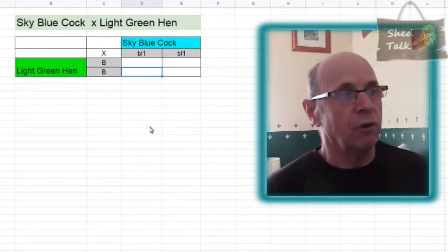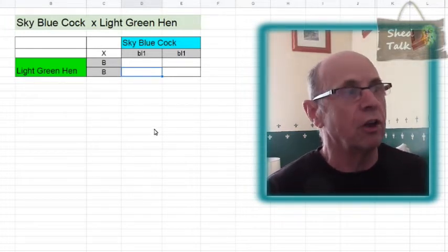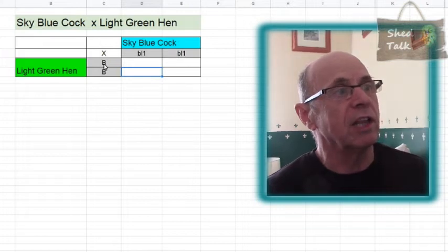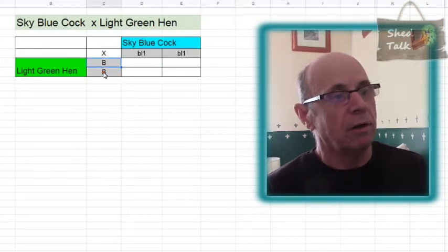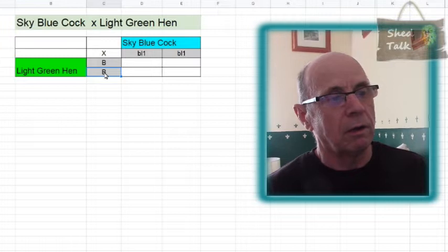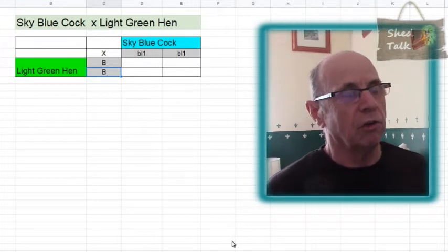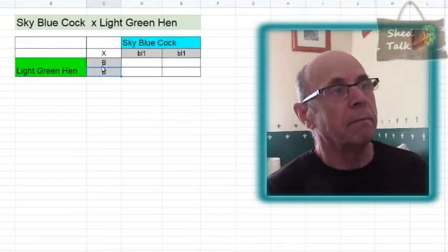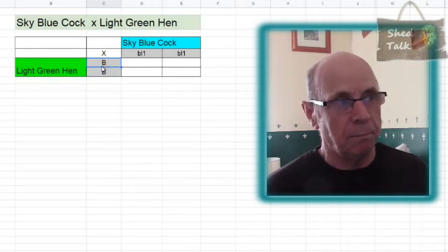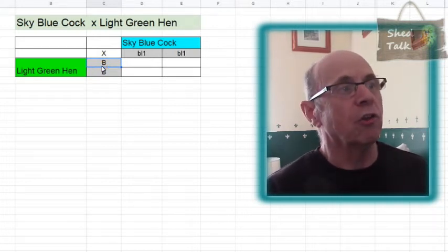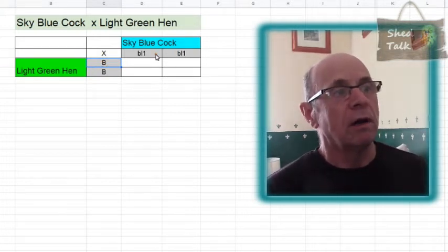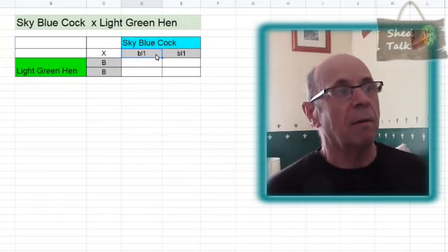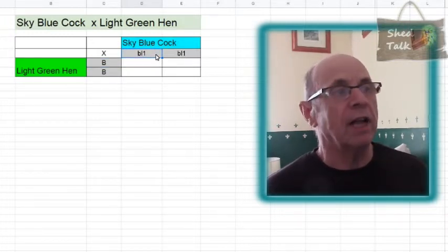If we look down the left hand side first, at the light green bird, those two are marked with an uppercase B, and the ones across the top are lowercase and are BL1